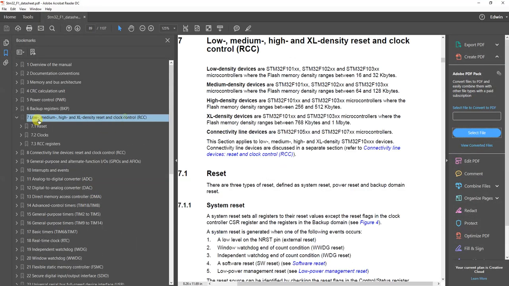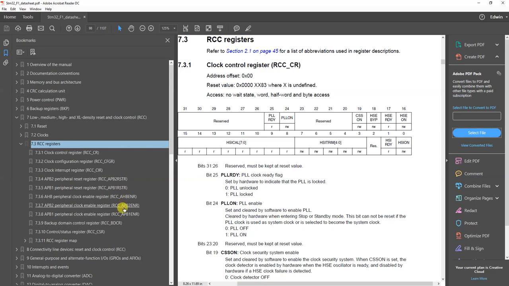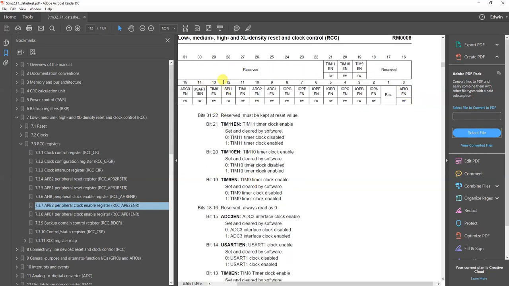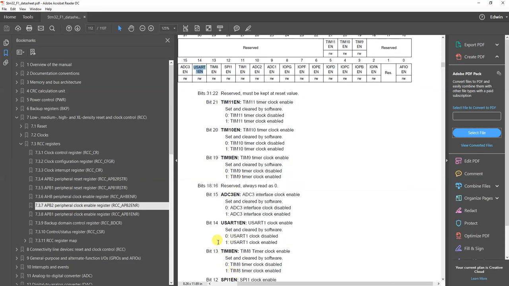So let's go to RCC registers, APB2 enable register. A 1 shifted 14 times would end up right here. So that's UART 1 enable. That's the UART we're going to use, and I'm enabling it by putting a 1 here in the 14th bit. As you can see, a 1 enables the clock for the UART. Now,